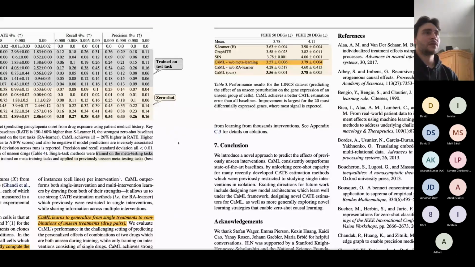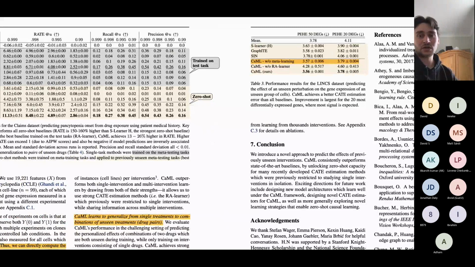So to summarize, the paper is looking into zero-shot causal learning, which means that you're looking into estimating the impact of an intervention when you have no data on it. It's focused a lot on biology, and in this case, the impact on someone's health or on cells in terms of results. I think it's a really cool paper. It has good results